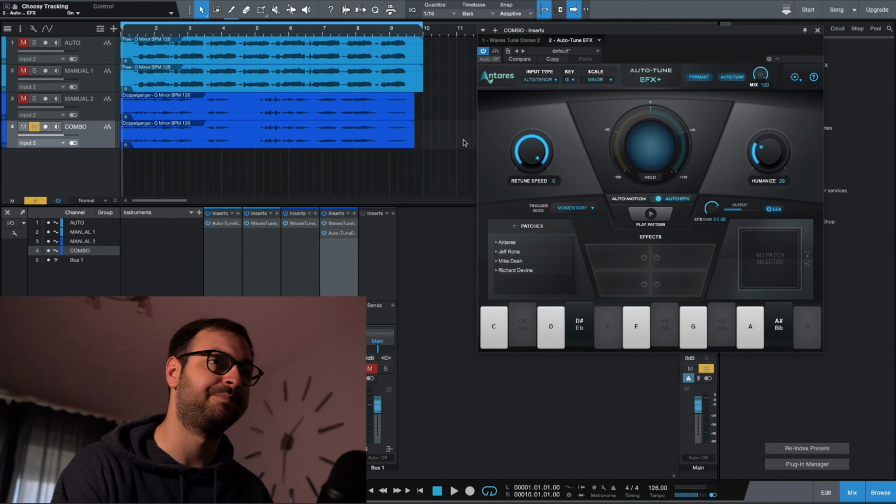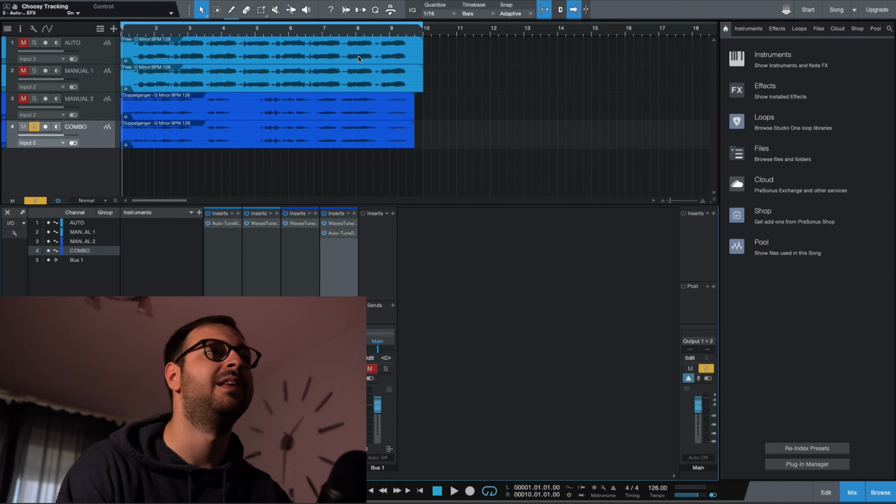automatic pitch correction plugin. At the beginning I was skeptical about this technique, but when I've done it on my own, I could see that the results are actually interesting. And this is what I've done on this project as well. So I've used Wavestune to just correct the voice slightly, and then apply Autotune EFX Plus with the retune speed at the maximum. And now let's hear the result.